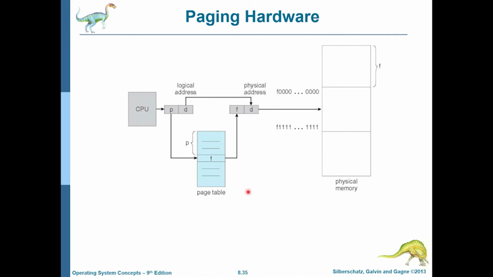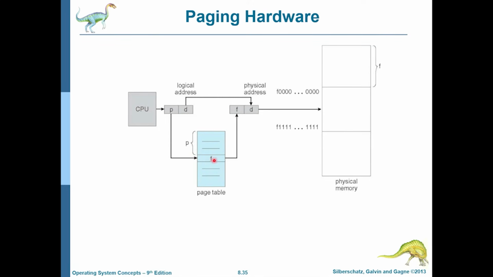So here you can look at the entire process very clearly. The CPU generates a logical address, and the logical address is split into two parts: the page offset and the page number. The page number is used to look at page information inside a page table. Since we are looking at the P-th page entry, we go P entries into the page table. So this distance is P.